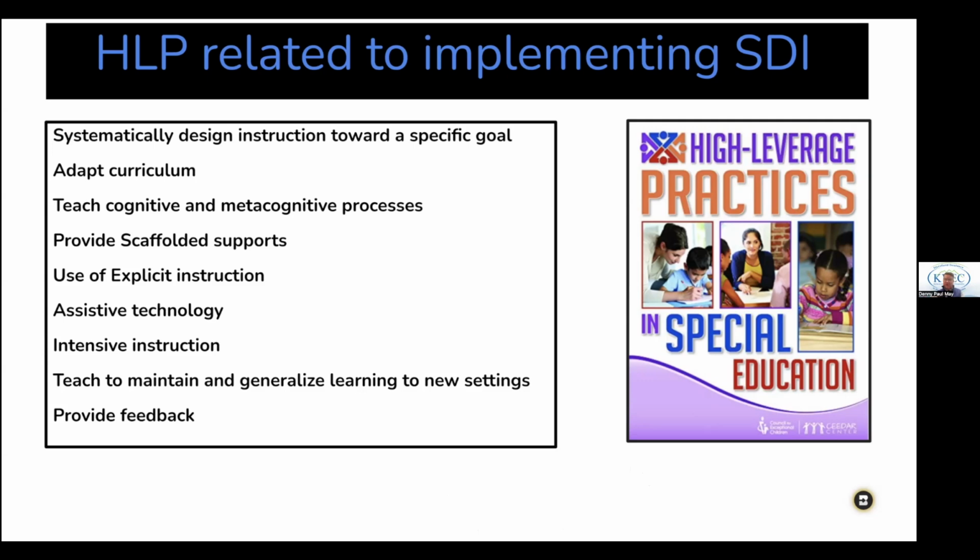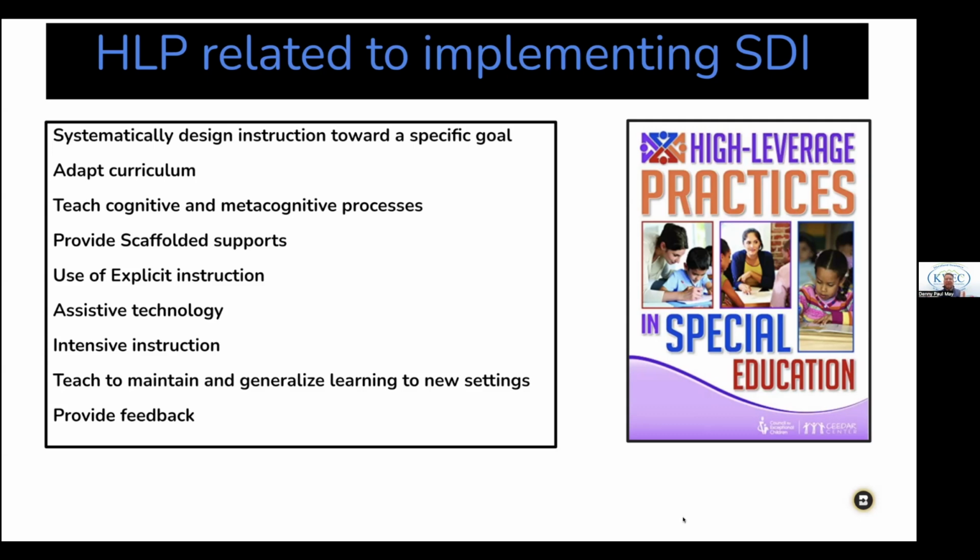And of course, I've already highlighted the use of explicit instruction because I can talk about that all day long. I love that. And then the use of assistive technology. How can we incorporate technology into our specially designed instruction? And how can we make sure that when we do, we're using things that are tried and true and have been peer reviewed and have evidence behind them that they actually work as a high leverage practice?